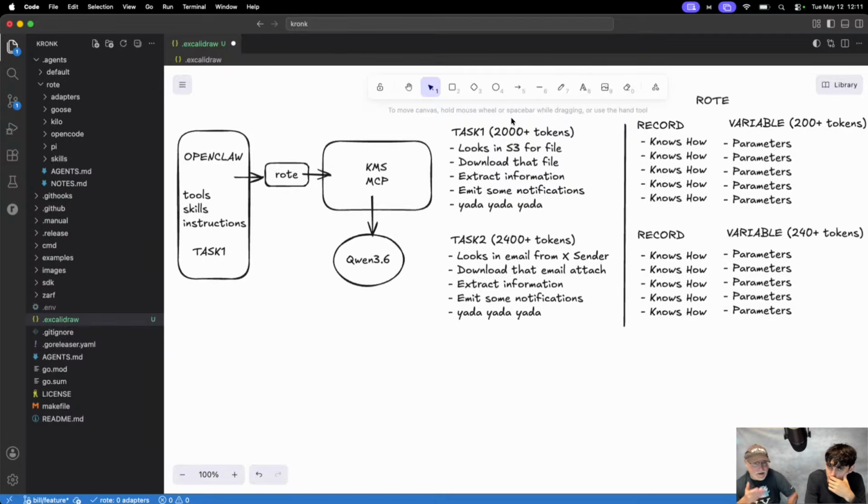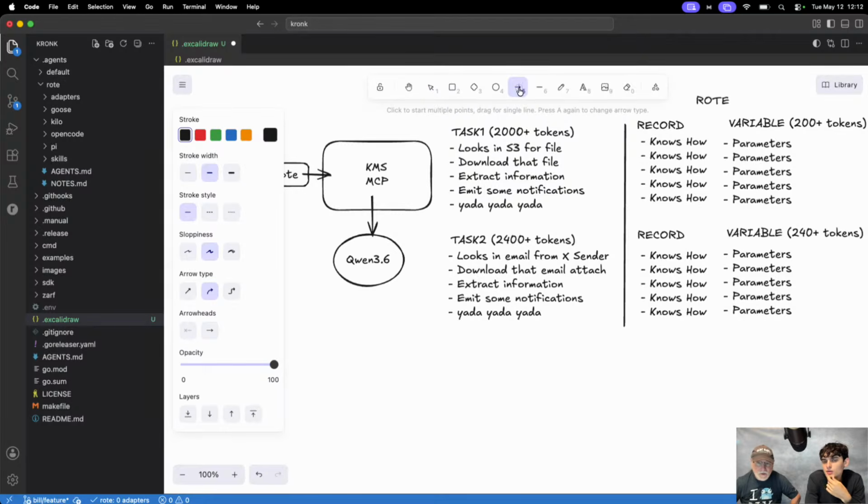But you know that skill that I have in there to do a search over Brave, right? I stuck it into MCP because it was the easiest way to provide it to OpenClaw, okay? But Brave might have a CLI, or it might allow me to use curl with the right authentication code, right?